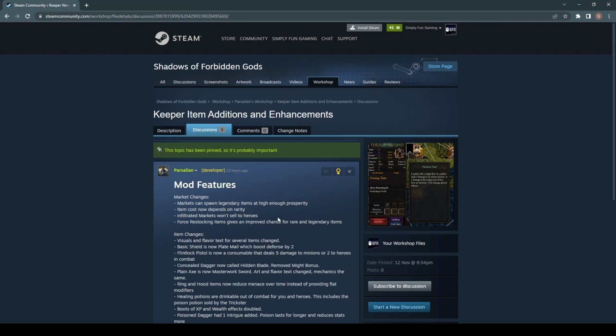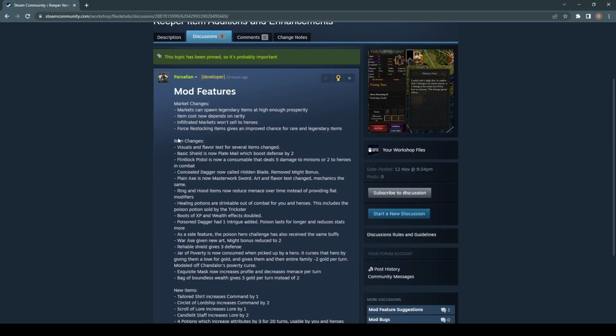Infiltrated markets won't sell to heroes. Massive change. Some of this is quite heavy balance changes, but I think it's quite good actually. Force restocking items gives an improved chance of rare and legendary items. That's a great change as well. And then we've got item changes, visuals and flavour text for several items changed. And then we've got a load of gameplay things, and I'm going to cover in brief,